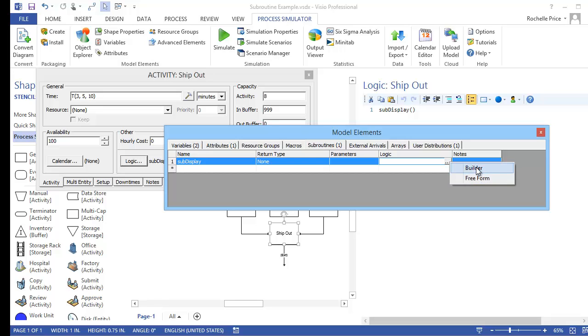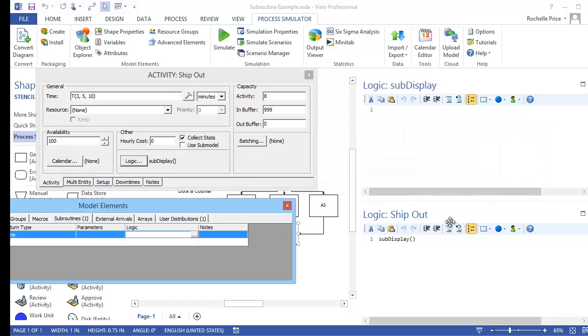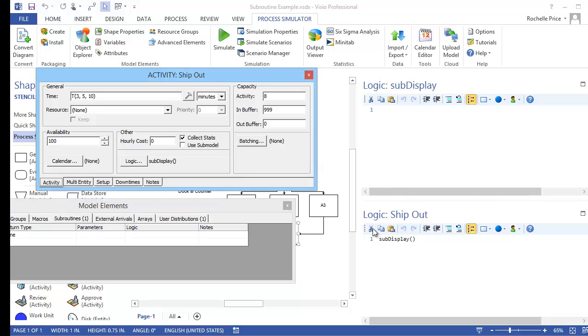I can again define it either with builder logic or freeform. I will do this as freeform. You can see that we can have our activity logic, like the ship out logic for the highlighted activity, displayed right next to my subroutine logic if I want it. For my subroutine, we're just going to make a simple statement that will be display, and we'll just use syntax for the display statement. So I can just say entity processing